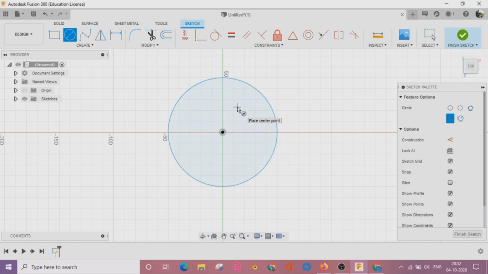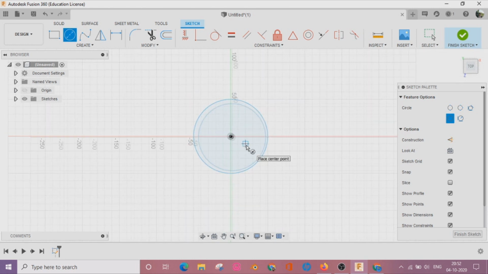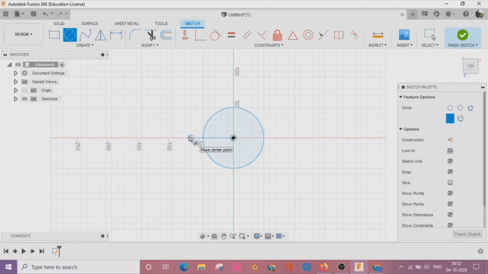Basically, we can enter a value in a dimension box, or we can click over here on the screen. Basically all dimensions are in mm, so we are entering 100 diameter.